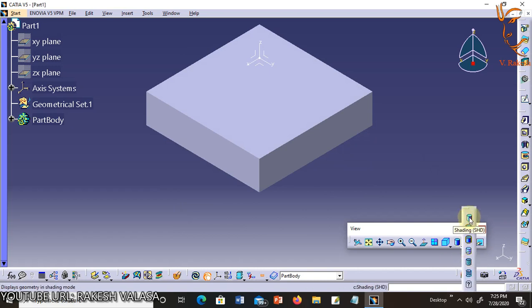Next one is View Mode. This tool icon has the arrow to the bottom right of it. There are 6 different options associated with this tool.